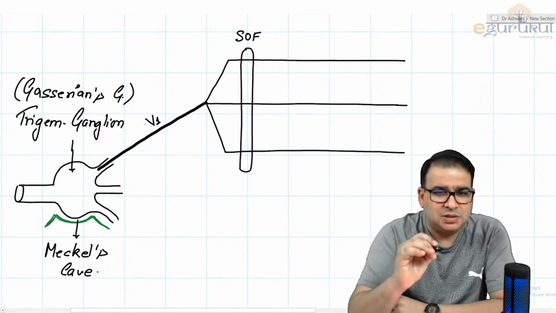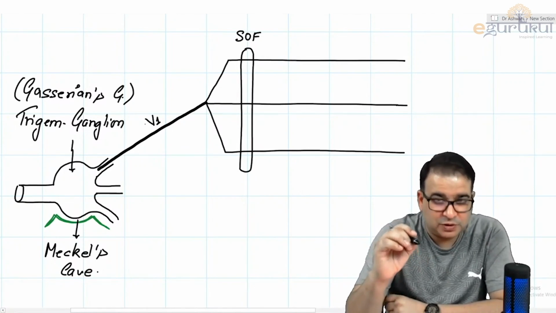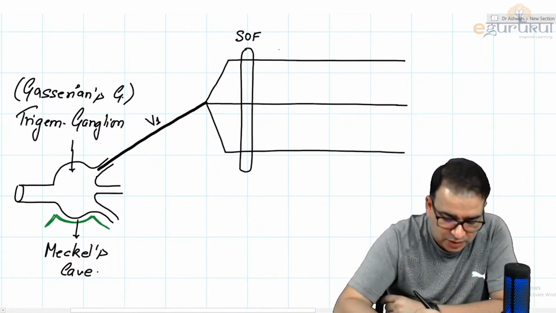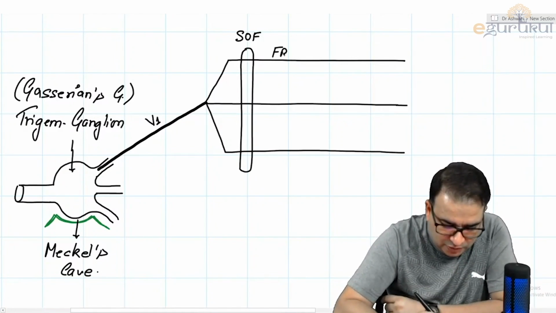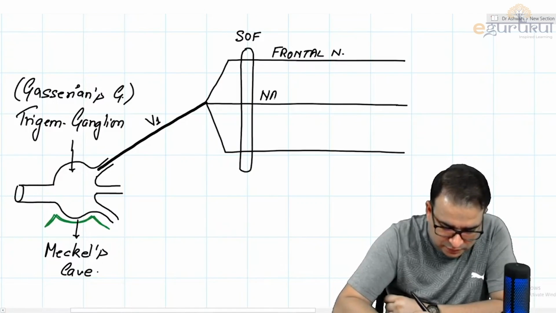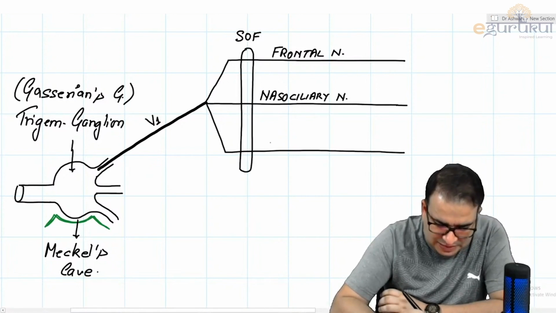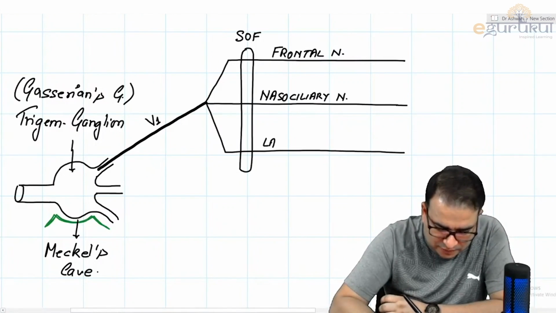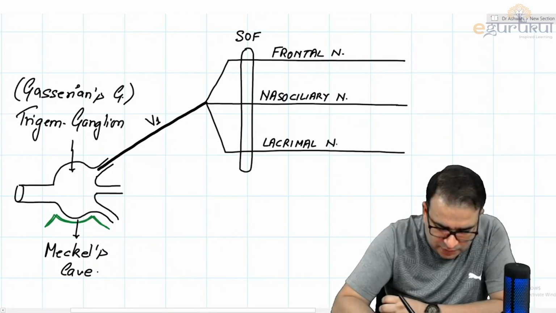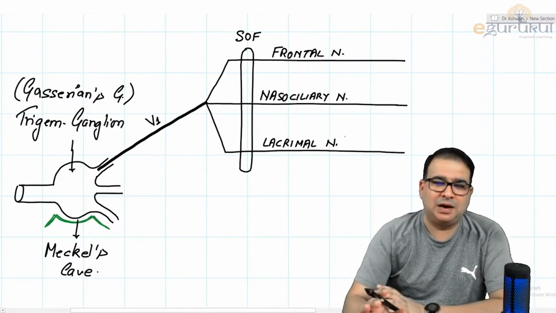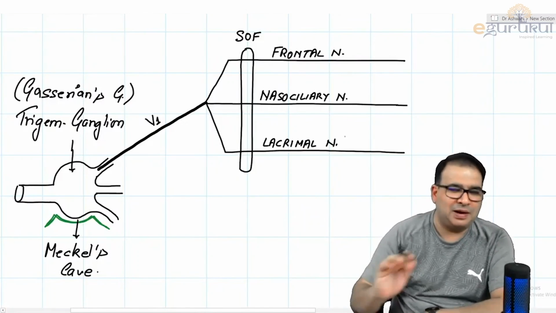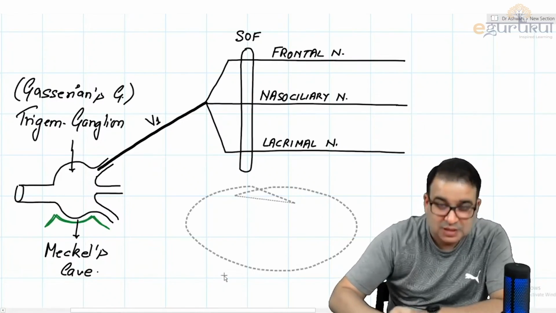The 3 branches which are entering into superior orbital fissure, before superior orbital fissure, they're given off. Well, the name goes like we have a nerve called as the frontal nerve. Then there is a nerve called as the nasociliary nerve. And then there is a nerve which is called as the lacrimal nerve. 3 branches, guys. Please try to label them जैसे मैं कर रहा हूँ यहाँ पर. उसके ऊपर नीचे कुछ नहीं लिखना, आपका diagram spoil हो जाएगा,